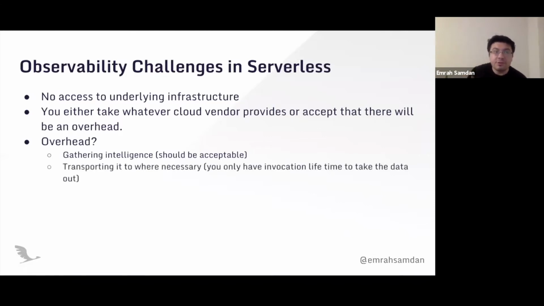But you also need to transport the intelligence that you gathered yourself to somewhere to later process it and generate insights out of that. In order to do this, the only time that you have is the invocation time. Just before the invocation closes, you need to send these metrics to the place where you will analyze and ingest them. It will make an HTTP connection in this case, which will take a couple of hundreds of milliseconds, which may not be very acceptable according to your use case.